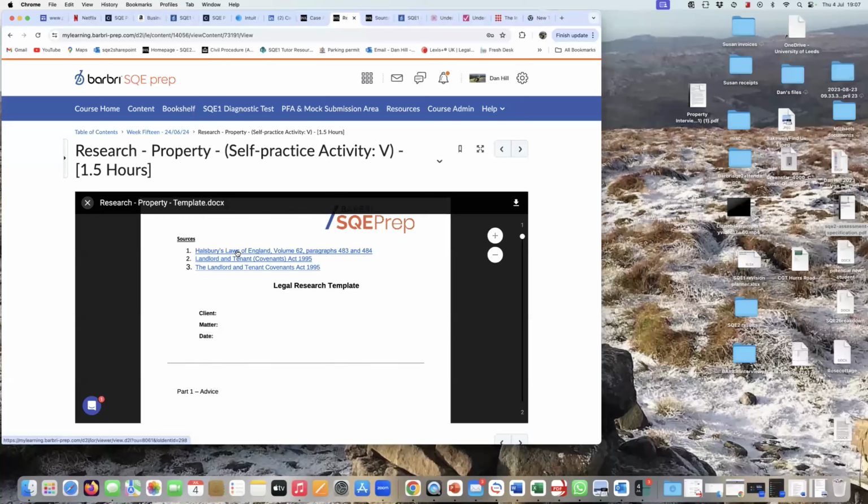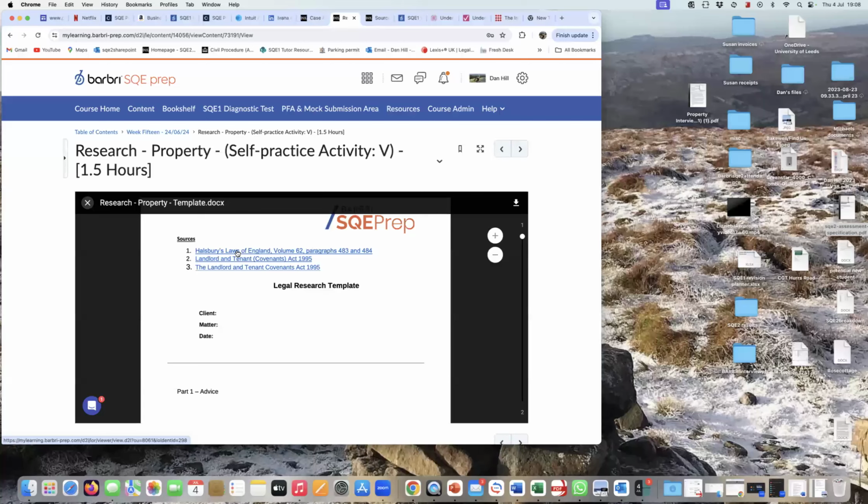So I think that the advantage of secondary sources is they're generally the quickest and easiest way of finding an answer to the question. Once you know the answer to the question, that's a good thing. Firstly, because it enables you to write the advice. And secondly, even though you're still going to have to look at the primary sources because you need to be able to reference the relevant sources, generally speaking, if you already know the answer to the question, it's actually much easier to